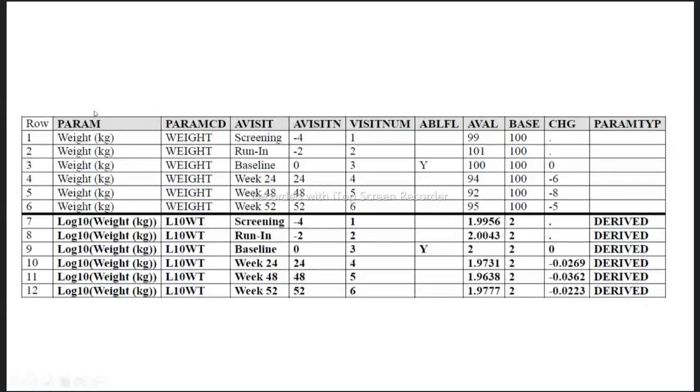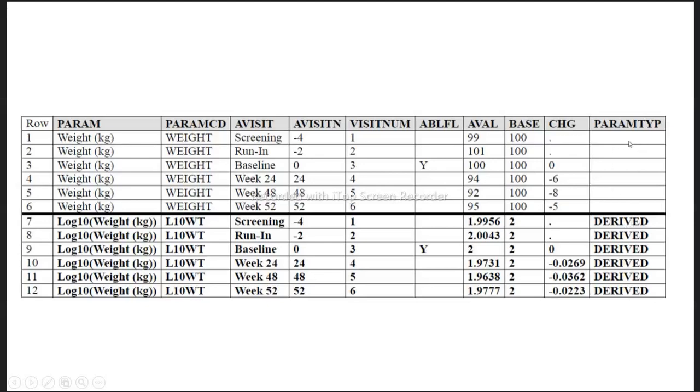Tell me, now I have 2 parameters, weight in kilograms and log 10 weight in kilograms. Which one did we get from SDTM and which one did we newly create now? Weight in kilograms and log 10 of weight in kilograms, right? Now, for those records, param type is going to be derived, because we derived these records during ADaM data creation. And for the observations, the rows which we got directly from SDTM, we are going to have a missing